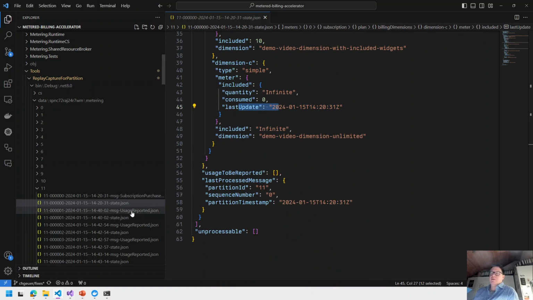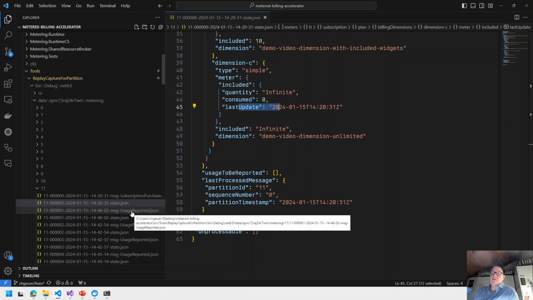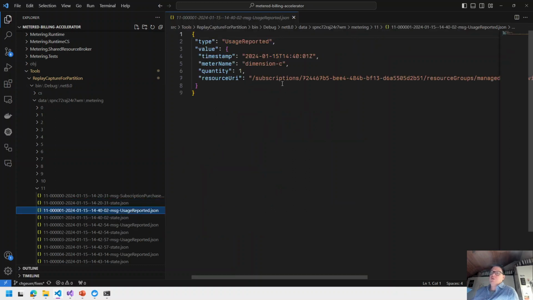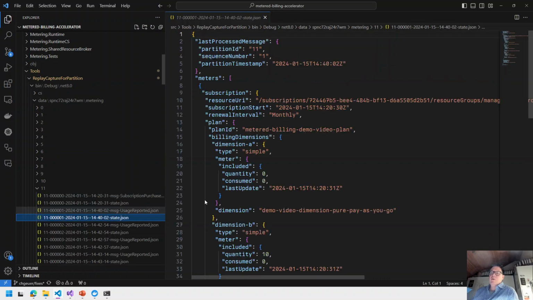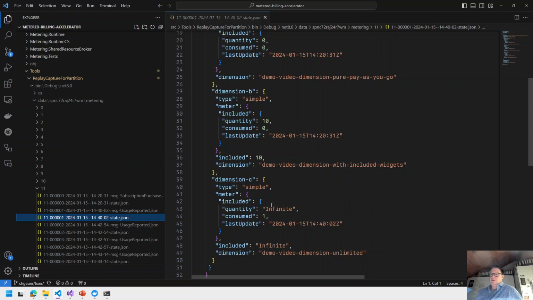So let's see what happens when we now start using the solution. When we executed the submit meter script for the very first time, we said there is a usage of dimension C of 1. And this resulted in this message. The dimension C1 now has to make a state change on dimension C. And you can see it here. The included quantity is infinite, but even though we record that it consumed one entity of this infinite